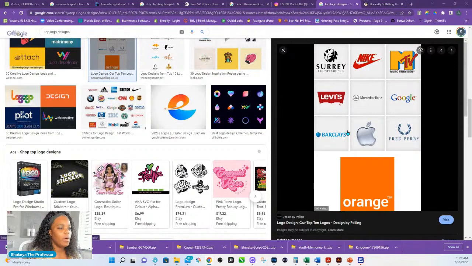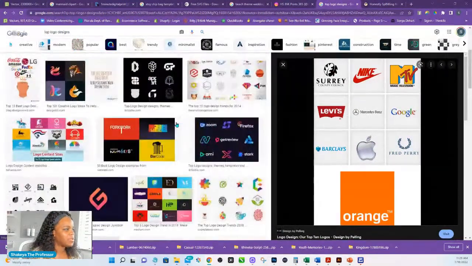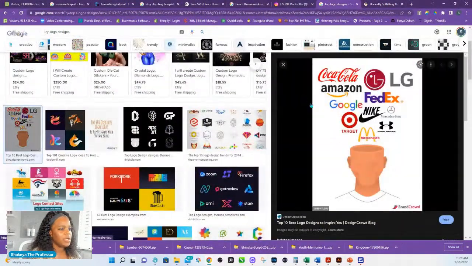So Barclays, I want to go, it was another one that I was up here. We're going to look at this one. Coca-Cola, LG. So it's a face. It's the L and the G. Really, really easy to go in and create something like this. You just have to know, okay, well, let's say in this one, do we layer? Do we make it a compound path? Do you have to subtract anything?